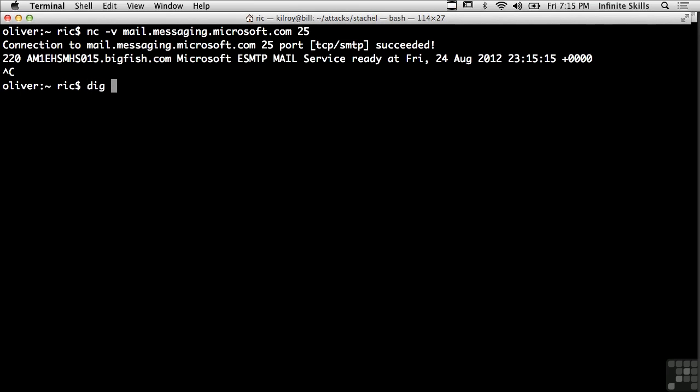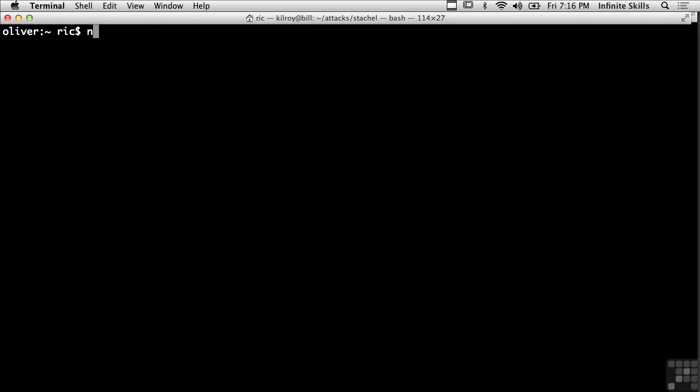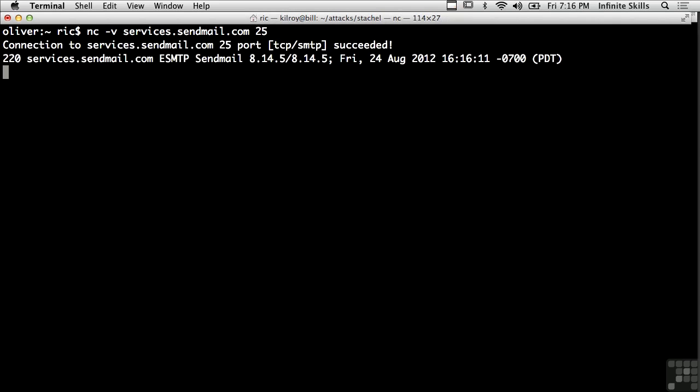So I can also do another one here, dig mx for sendmail.org, and sendmail is a different type of mail server. So I can connect to services.sendmail.com, and that again is on port 25. Now I've got my connection, and you can see I've connected to a server running sendmail 8.14.5. So again, I've got some useful information there about not only the service, in this case a sendmail application, but